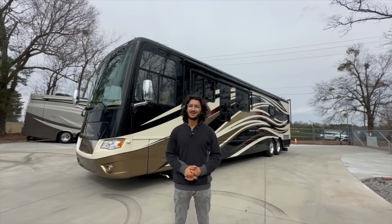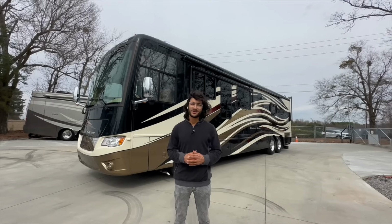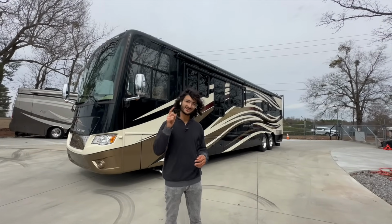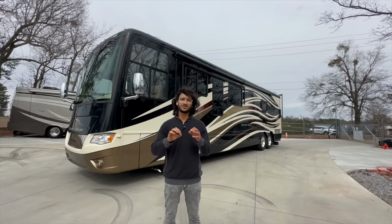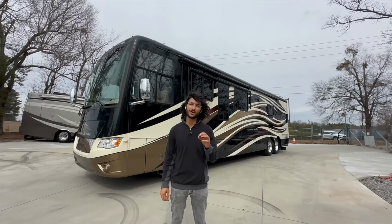It is a 40-foot tag axle Newmar Dutch Star 4018 model. So this has the full wall slide and it's a bath and a half. The colors are perfect. This is a one owner garage kept coach with only